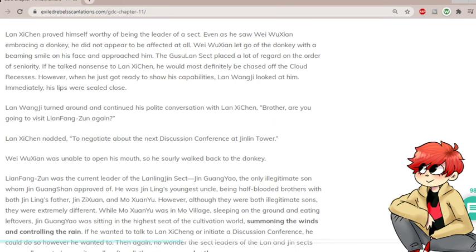Lan Fangzun was the current leader of the Lanling Jin sect, Jin Guangyao, the only illegitimate son whom Jin Guangshan approved of. He was Jinling's youngest uncle, being...